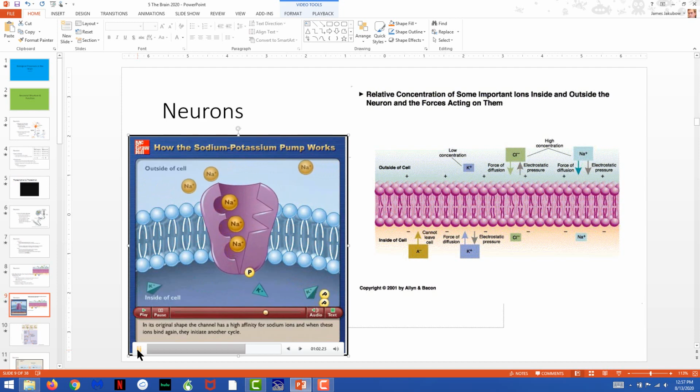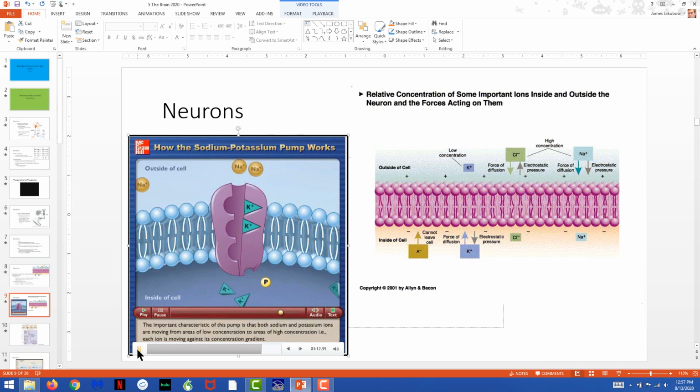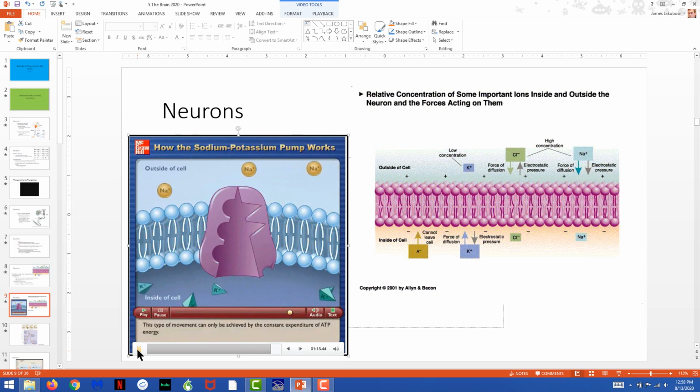The important characteristic of this pump is that both sodium and potassium ions are moving from areas of low concentration to areas of high concentration. That is to say, each ion is moving against its concentration gradient. This type of movement can only be achieved by the constant expenditure of ATP energy. Now, that's a nice animation explaining how the whole process operates, the fact that it requires